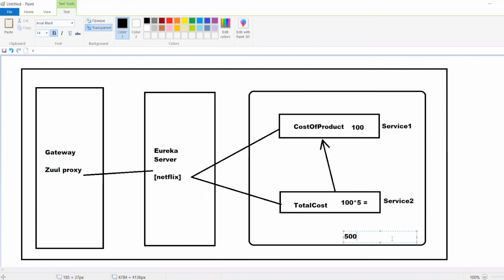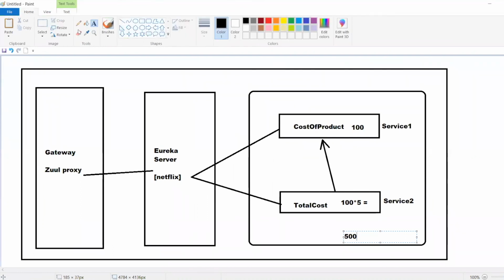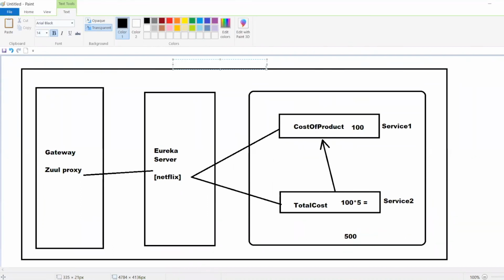After developing the different projects, we group all of them, and we maintain all these different services by using the Eureka server. This is a brief diagram about microservices.